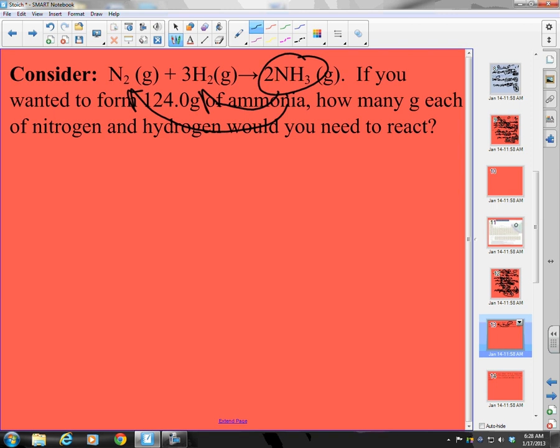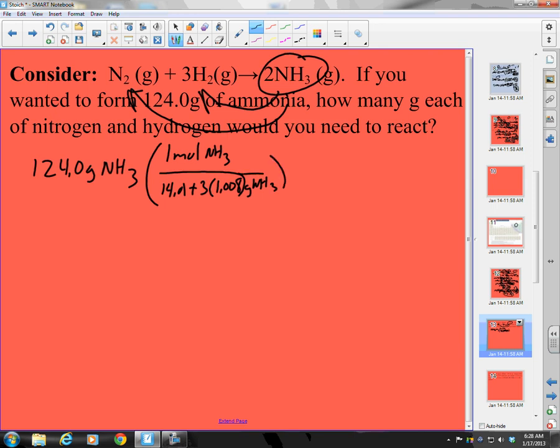So here we go. 124.0 grams of ammonia, right? What do I want to do? Convert to moles. So I have 1 mole of ammonia per, let's see, 14.01 plus 3 times 1.008 grams of ammonia. Great, and I'll do this one step at a time. So I have 3 times 1.008 plus 14.01, and that equals 17.034. Take the inverse of that times 124, and I get